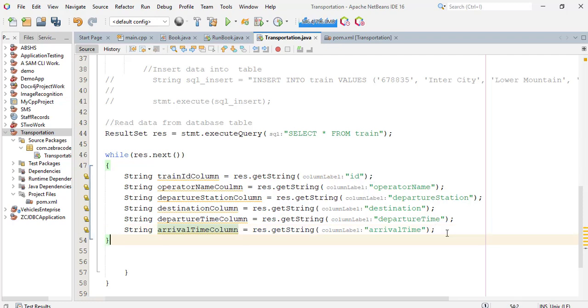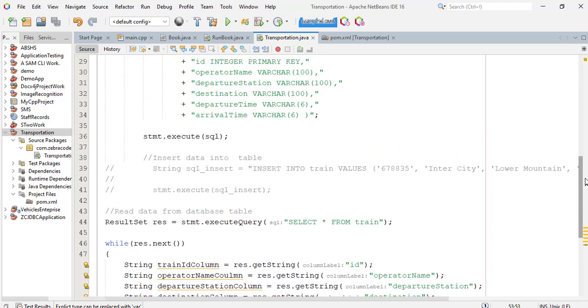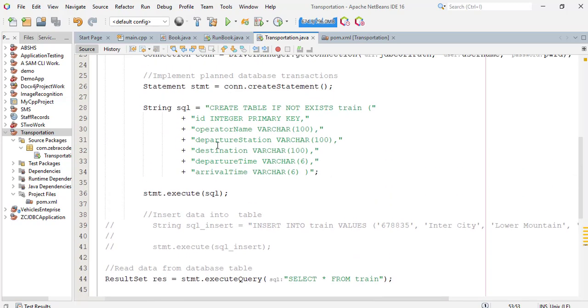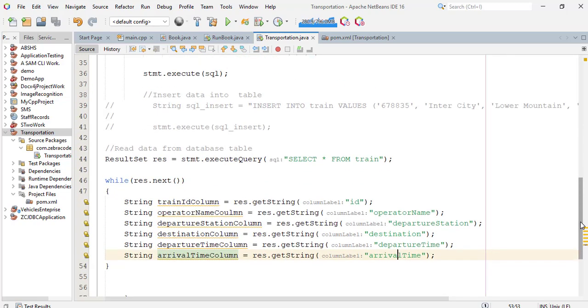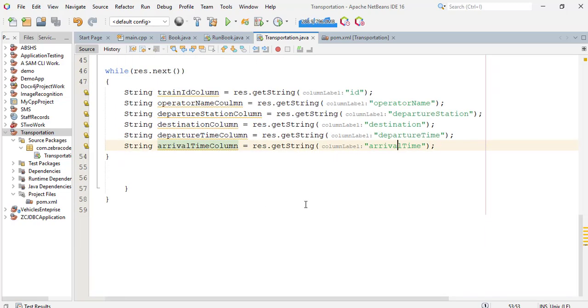Save it. Before I go further, these values here: ID, operator name, departure station, destination, departure time, arrival time, are all declared here. These are the values we declared when we created the table. Now let's print out the information. We'll see here